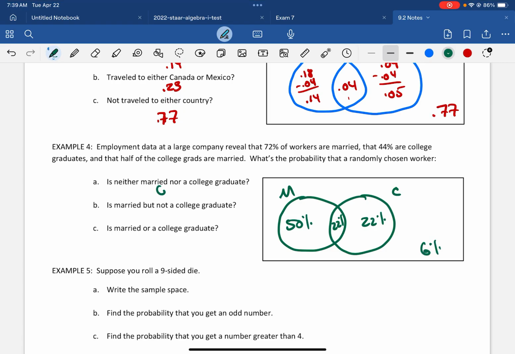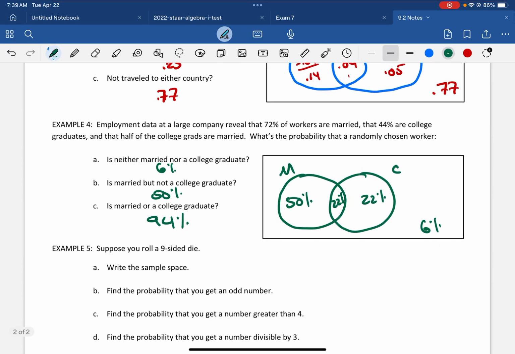Once you get the Venn diagram, it makes it a lot easier to answer the question. So neither married nor a college graduate, 6%, is married, but not a college graduate, 50%, is married, or a college graduate,